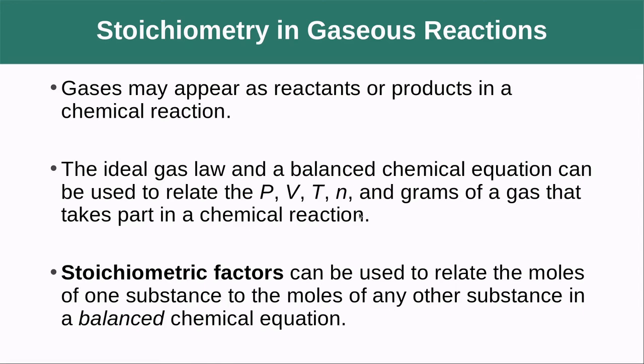Stoichiometry and gaseous reactions. Gases may appear as reactants or products in a chemical reaction. The ideal gas law and a balanced chemical equation can be used to relate the pressure, volume, temperature, number of moles, and grams of a gas that takes part in a chemical reaction. Stoichiometric factors can be used to relate the moles of one substance to the moles of any other substance in a balanced chemical equation. So we were figuring out moles before, and now we have an equation to relate the moles to the pressure, volume, and temperature. So this allows us to do some a little bit more complex